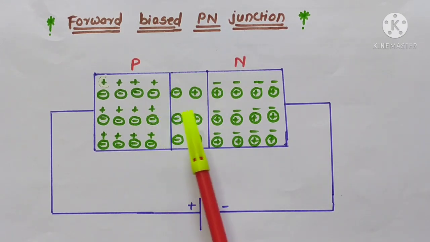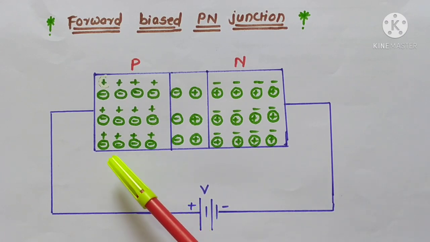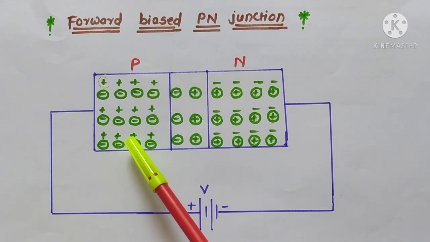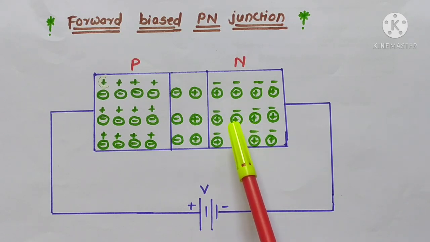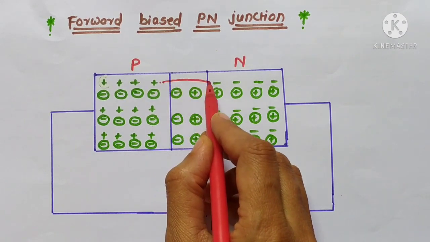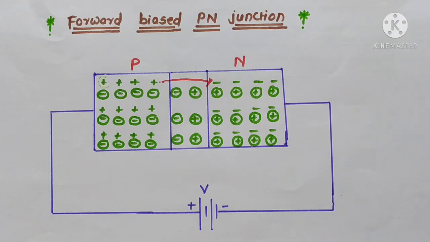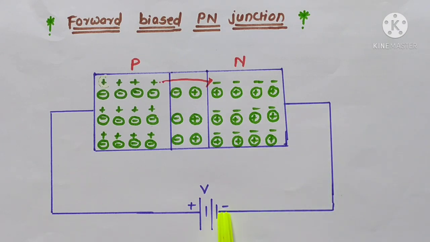Now, once they come into the p-side region, just by passing through the holes in the p-type region, they can reach the positive terminal of the battery. And in a similar way, the holes will be pushed towards the depletion region, and once the holes from the p side cross the junction and pass to the n side, what will happen? They will get attracted towards the negative terminal of the battery because holes are positive. Therefore, they are attracted by this negative terminal of the battery.